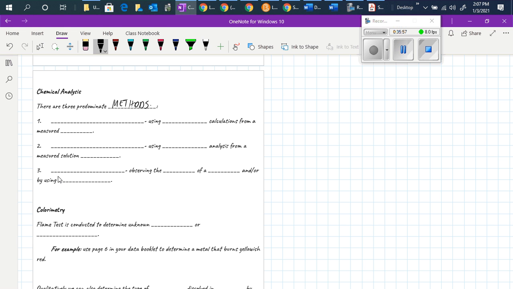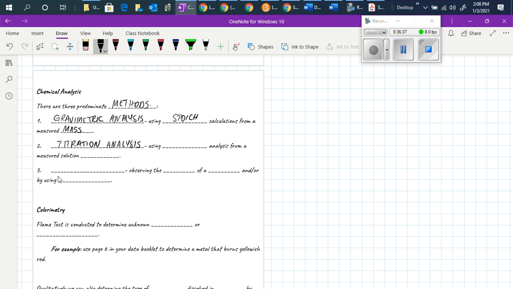The first one is gravimetric analysis using stoich, and what is happening is we are measuring the mass at the end. We are figuring out what the mass is. Then titration analysis,